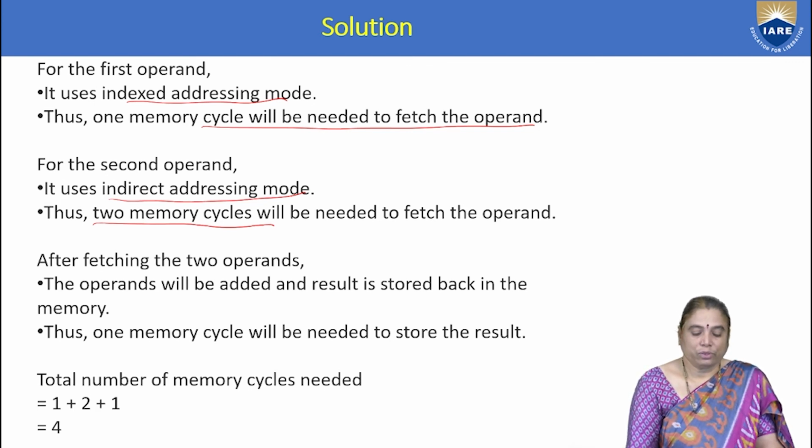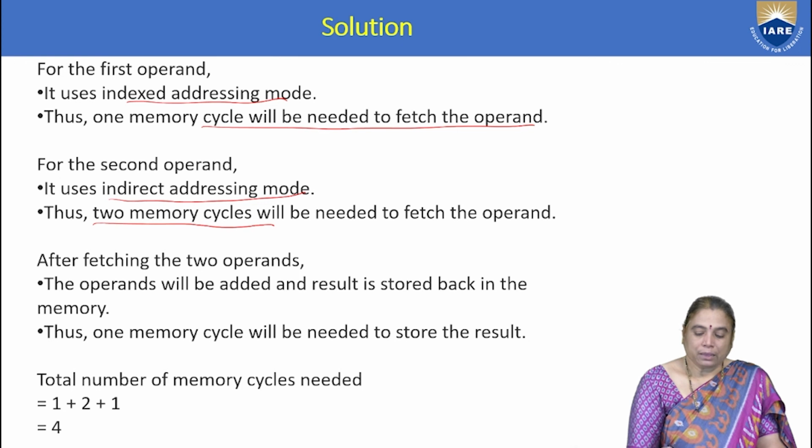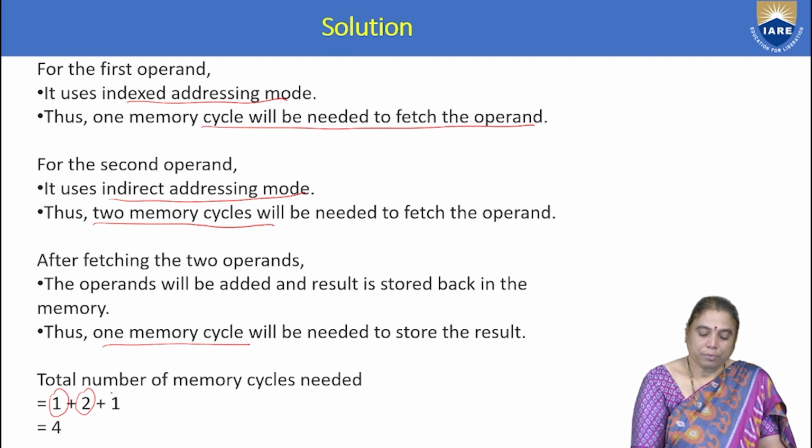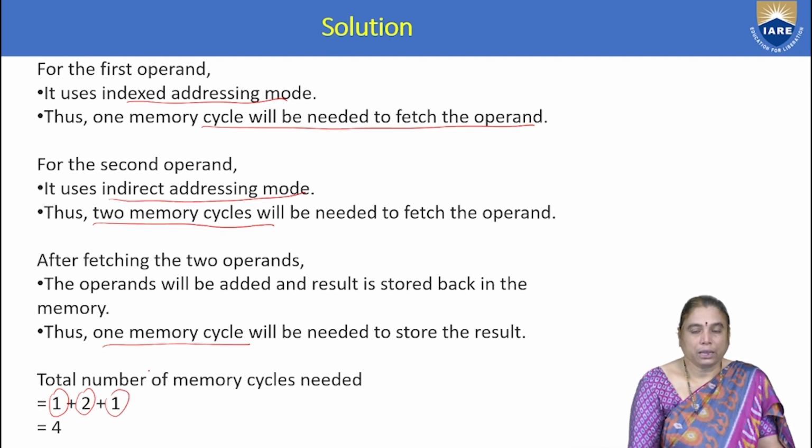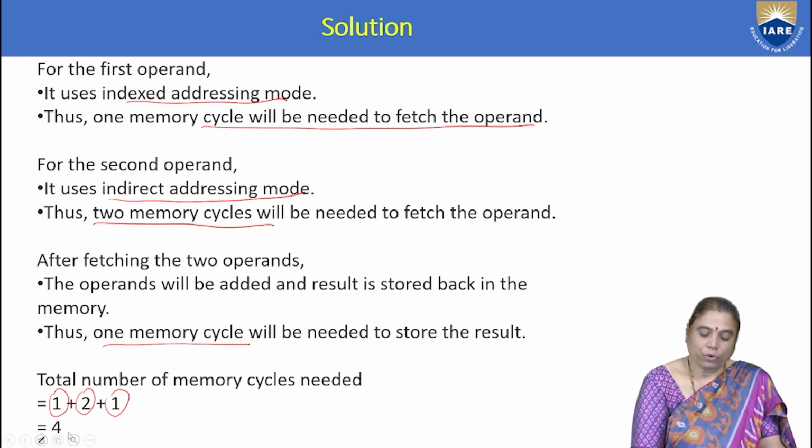After fetching these two operands, they are added and the result has to be stored in memory, which requires one memory cycle. So in the first case, one cycle; in the second case, indirect addressing, two cycles; and in the third case, performing the addition and storing the result, one cycle. So totally 4 cycles are required